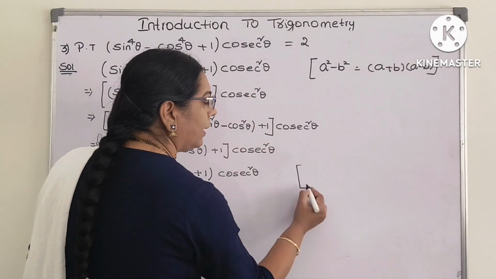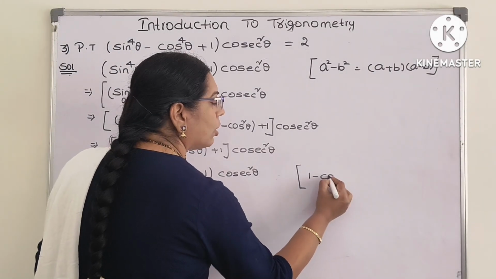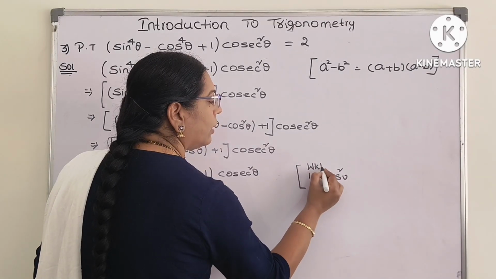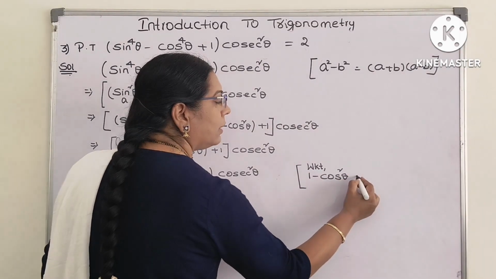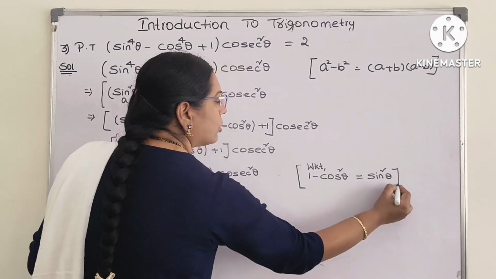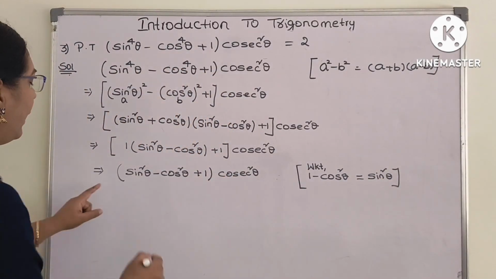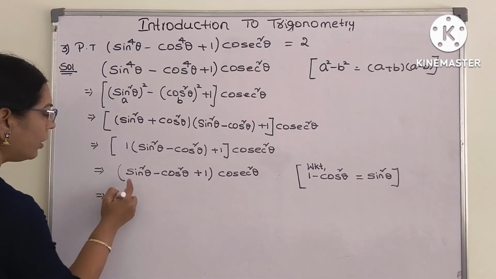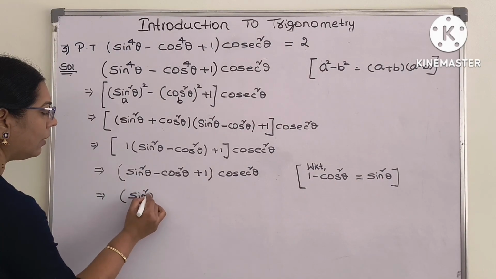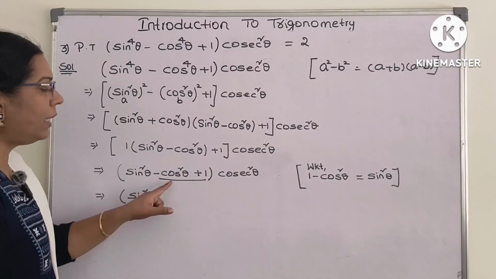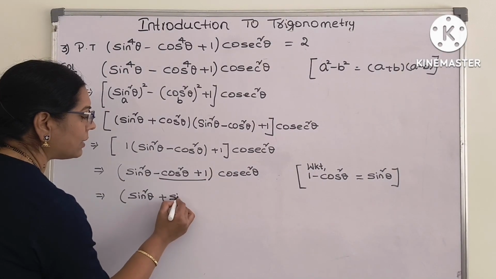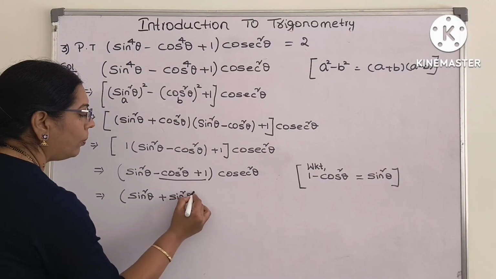And what do you know about the identities? 1 − cos²θ is nothing but sin²θ. So now again I will use the identity here. This is sin²θ, I will write as it is sin²θ. This 1 − cos²θ, I will rewrite as sin²θ, plus sin²θ, whole multiplied by